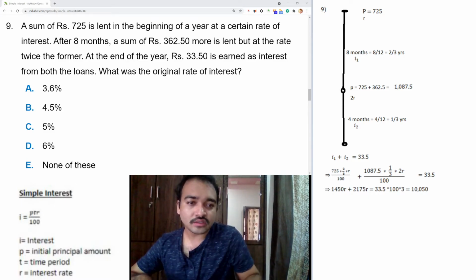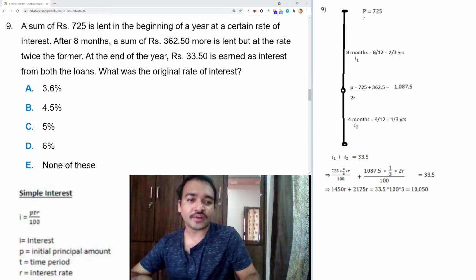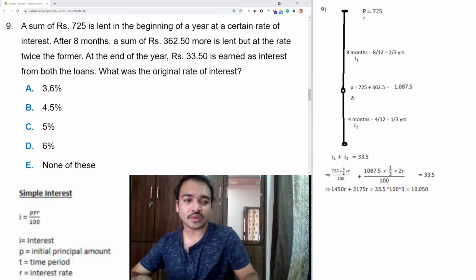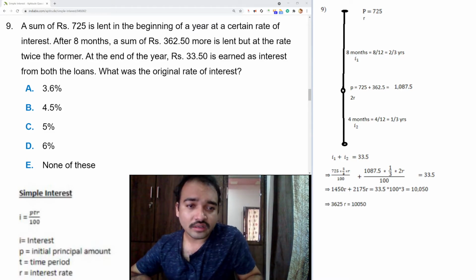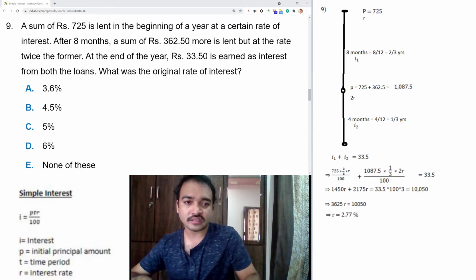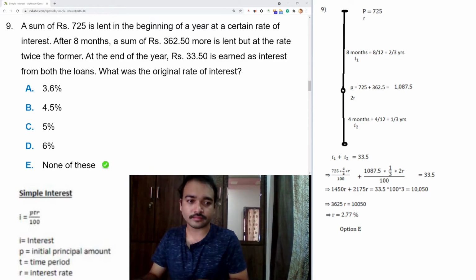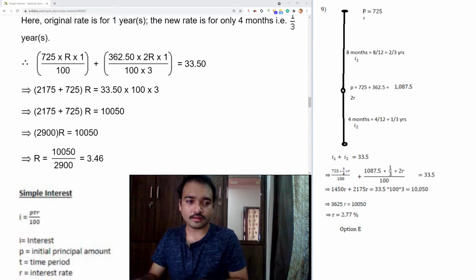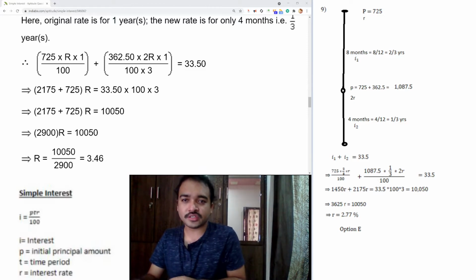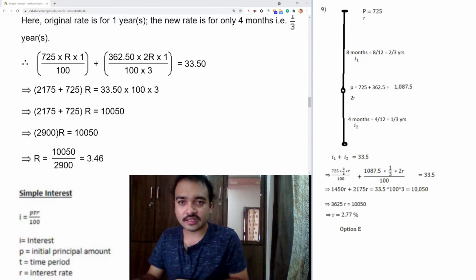1450R plus 2175R is equal to 33.5 into 100 into 3, which equals 10,050. So if you further simplify, we will get R value as 2.77%, which is option E. Option E is correct. But in the India Bix solution, the answer is 3.46. We got 2.77. Let's see which one is correct. See, for the first 8 months, rate of interest is